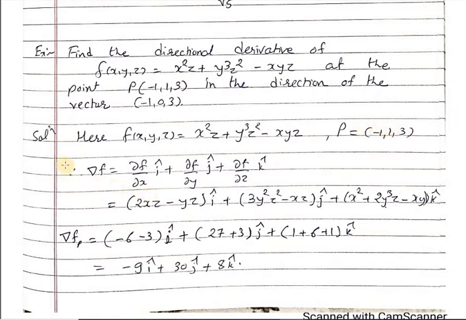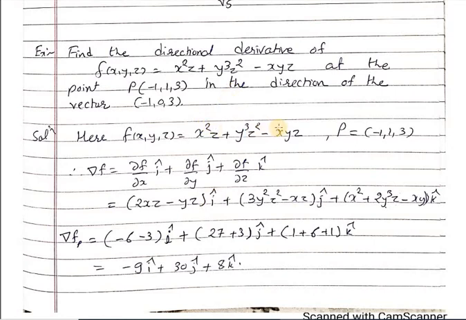So what we are going to do is first find grad f. So grad f is del f by del x into i plus del f by del y into j plus del f by del z into k. So finding the derivative of f with respect to x, differentiating this f with respect to x, that will give you 2x into z. This term will be 0. This term will be minus yz. So (2xz minus yz) into i.